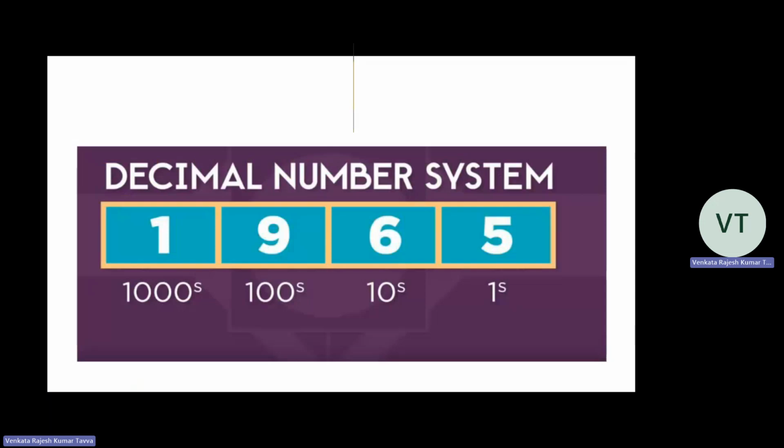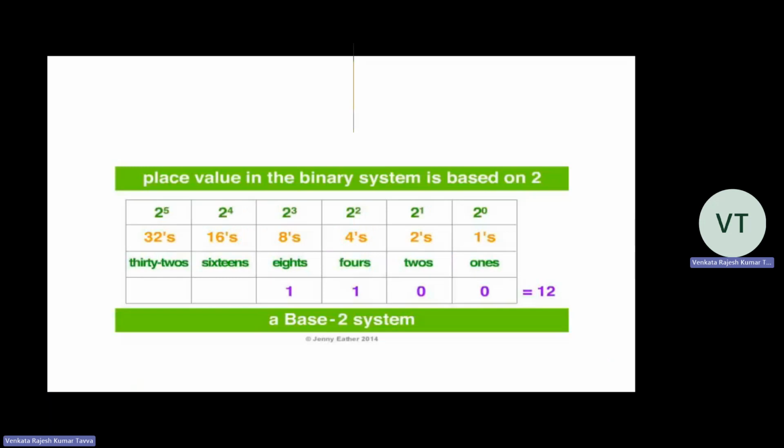That is the decimal system. But in other systems, the digits are different, because in the decimal system you have 10 digits, 0 to 9, but in the binary system you have only 2 digits, 0 and 1. In the octal system you have how many digits? 8 digits, 0 to 7. In hexadecimal you have how many digits? 16, 0 to